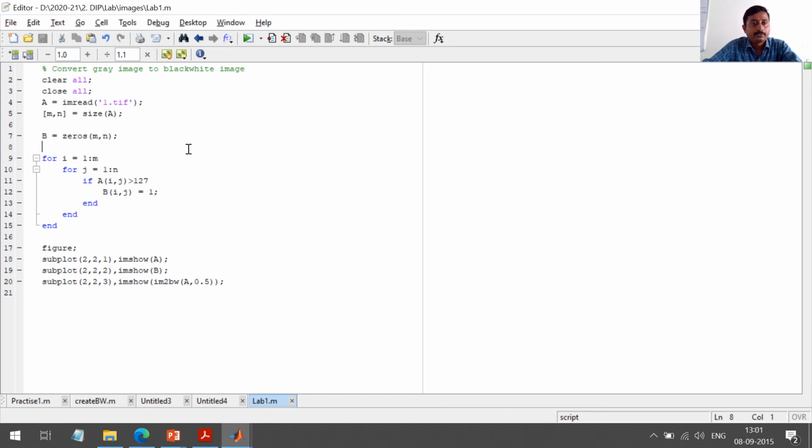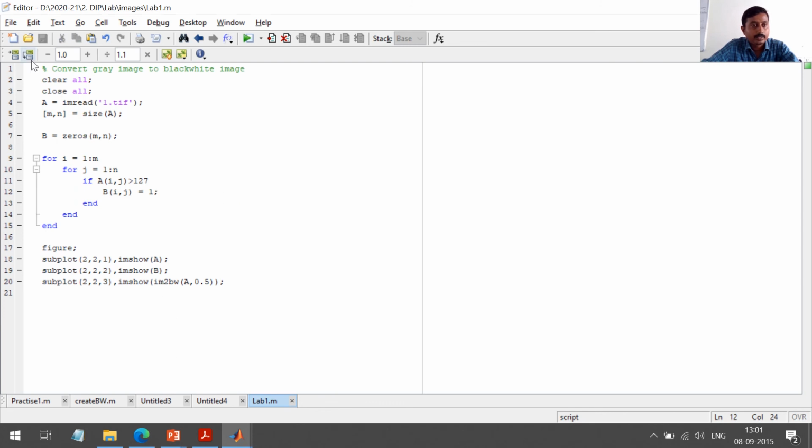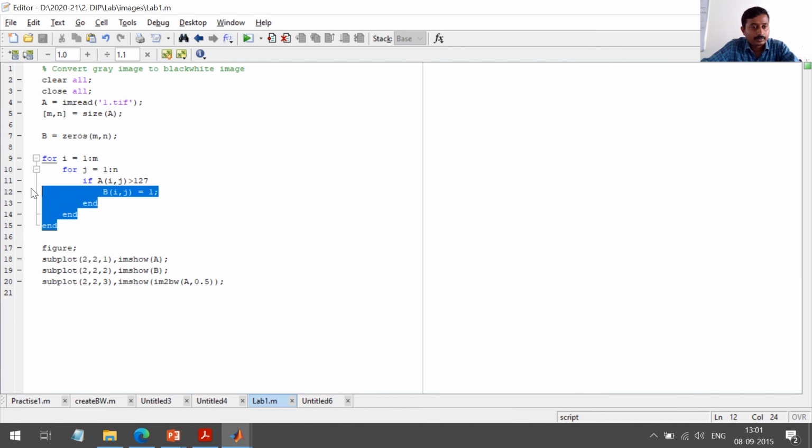Then how to create a function. Now the drawback of MATLAB is that you have to write a function in a separate file. So I will write this conversion logic in a separate function. We have to create a separate script for that. So I will click here, and I will just copy paste this entire logic there.